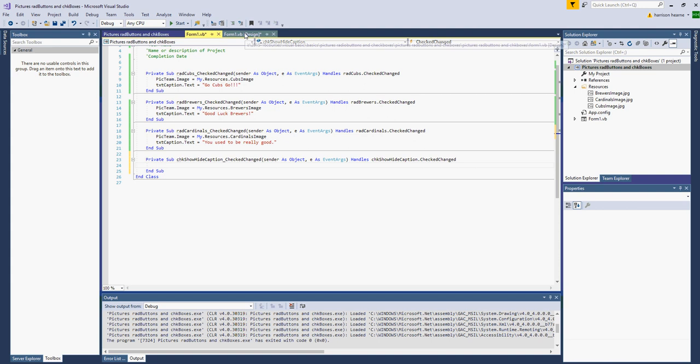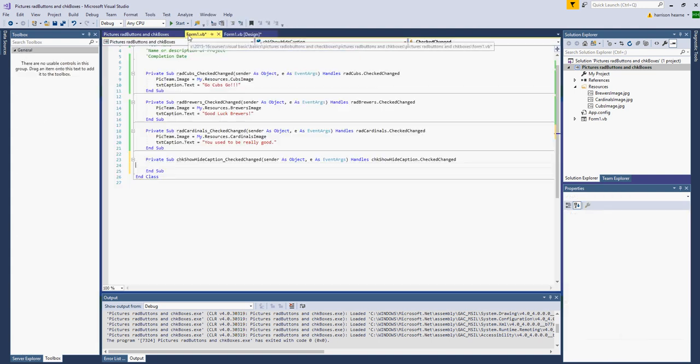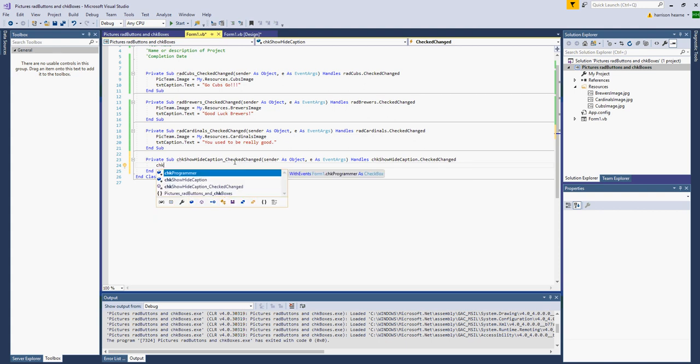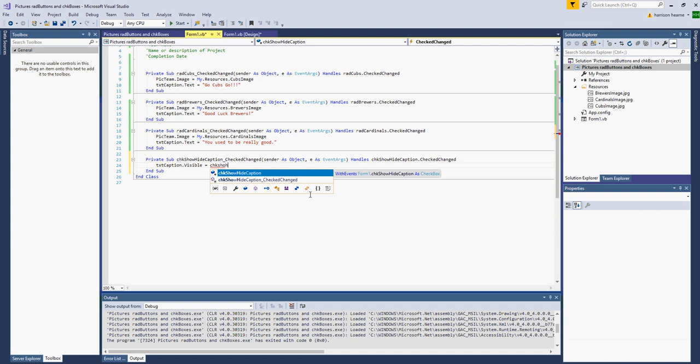Back up here. We're trying to affect this. So I'm going to go txt caption.visible equals, and you notice its options are true or false, but I could also go CHK show hide,